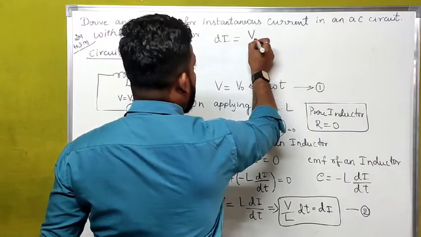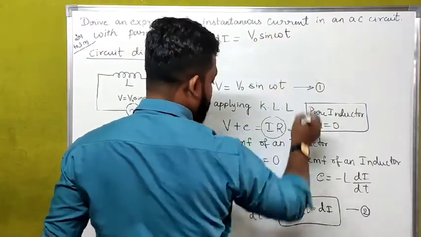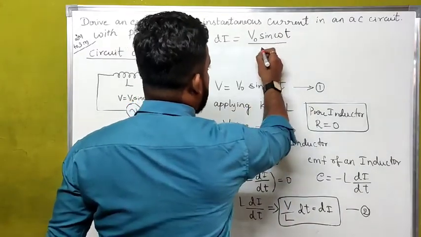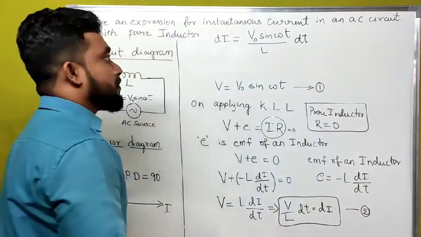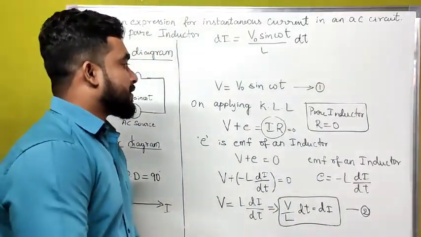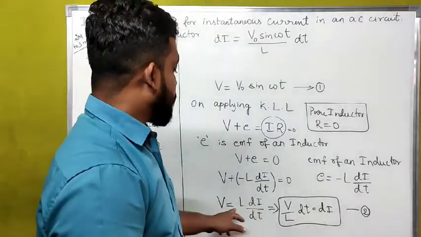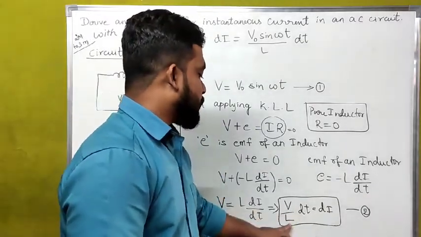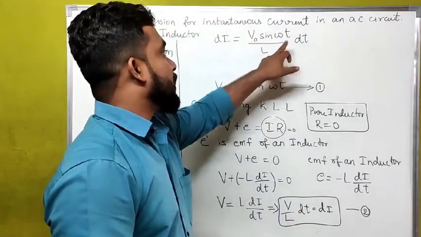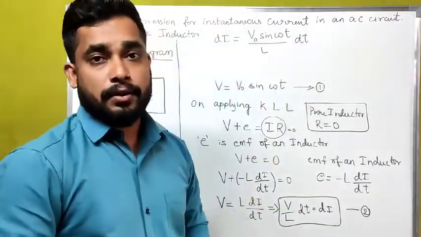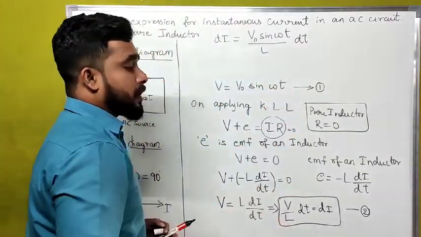That is V naught sin omega t divided by L into dt. This is our expression after the substitution of equation 1 in equation 2. If we integrate this particular equation,